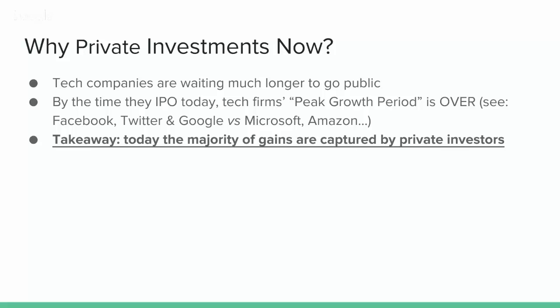just extreme returns that we saw with companies like Microsoft, which went public in 1987. When Microsoft went public, it was a $500 million company. So there was obviously a lot more room for growth than a multi-billion dollar company. In the first 10 years, Microsoft returned roughly 15 times what Google did in its first years, just as one example. So just because of ways that the security markets have changed,